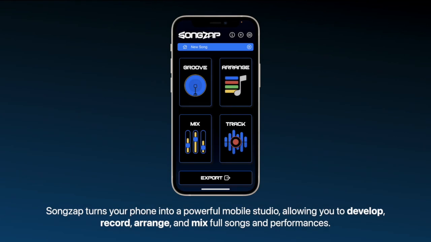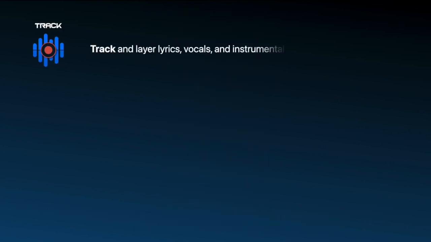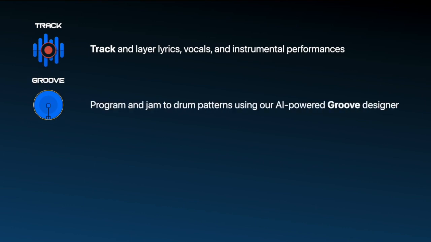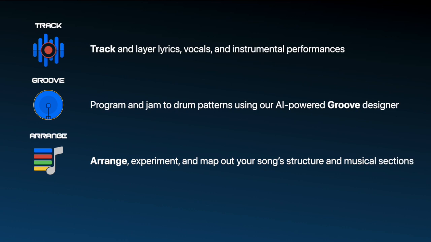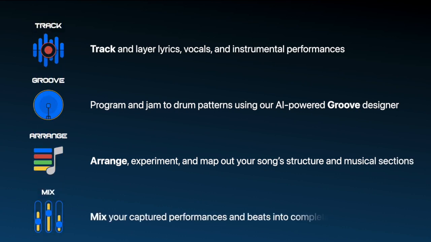Songzap turns your phone into a powerful mobile studio, allowing you to develop, record, arrange, and mix full songs and performances. Using Songzap, you can track and layer lyrics, vocals, and instrumental performances, program and jam to drum patterns using our AI-powered Groove Designer, arrange, experiment, and map out your song structure and musical sections, mix your captured performances and